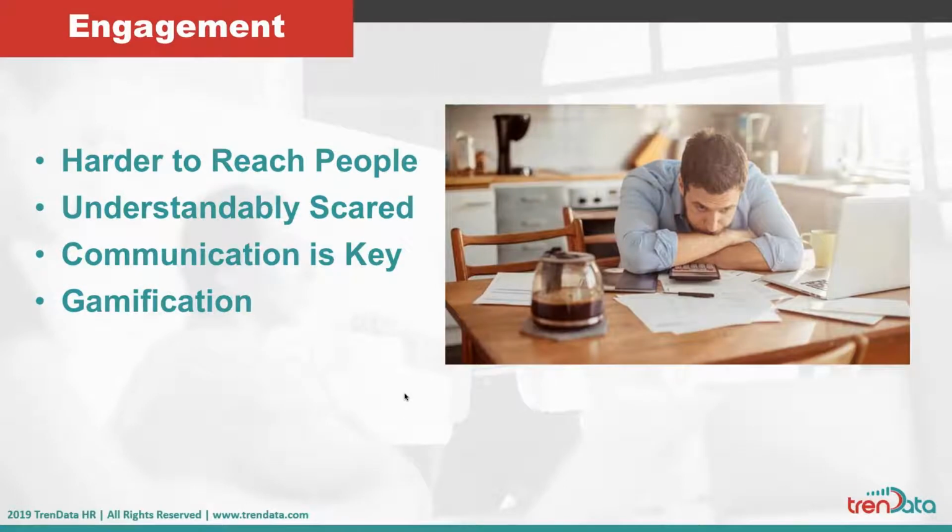And then finally, the whole engagement aspect of people working from home. Some people are great at it, and you really gel at being able to work from home. Some people, and I probably put myself in that category, are more persons that like to work around people. But regardless, it's going to be harder to reach people. So the idea of keeping them more engaged,